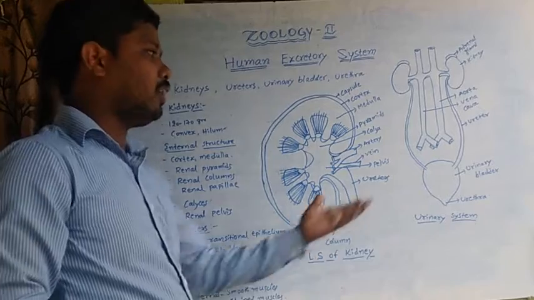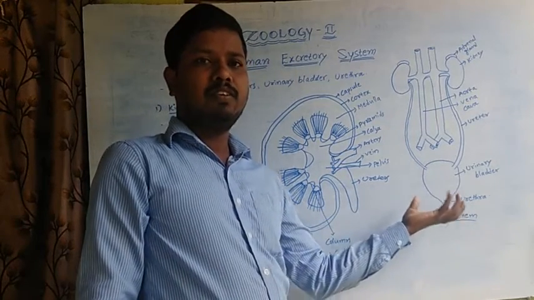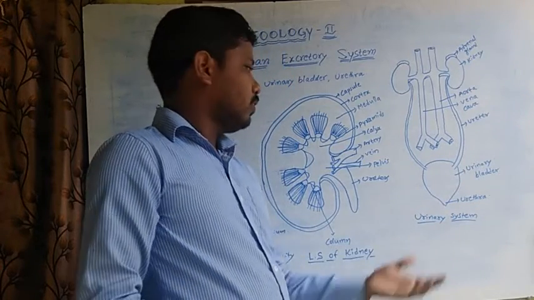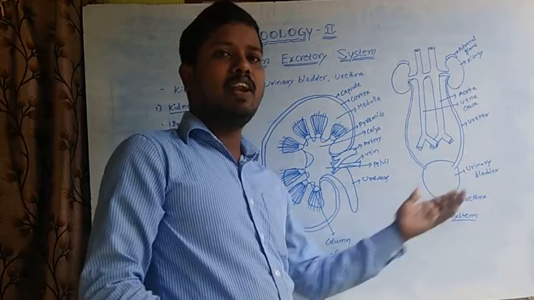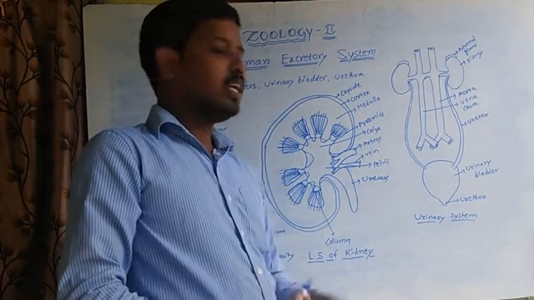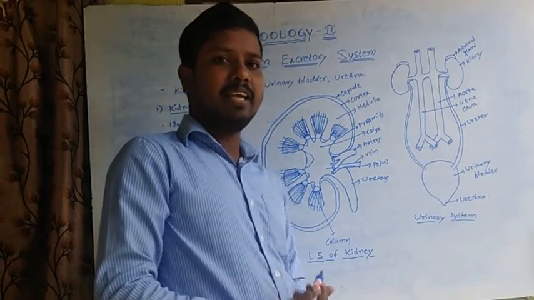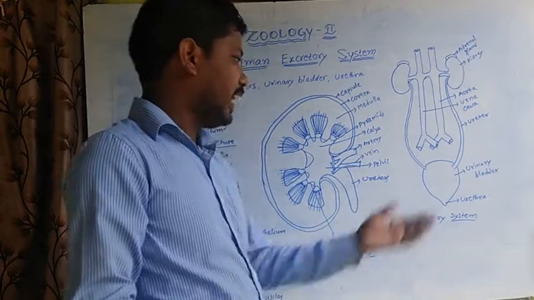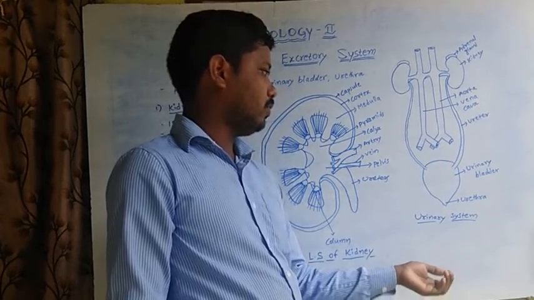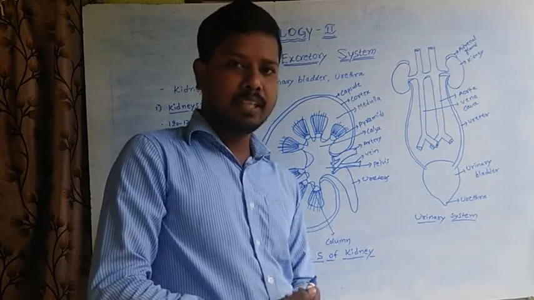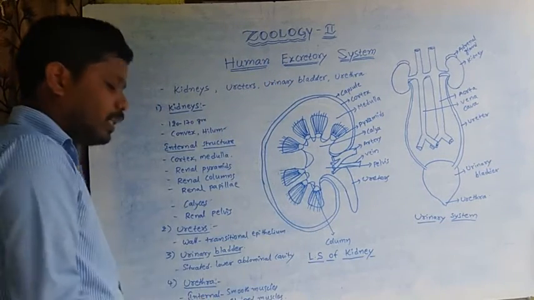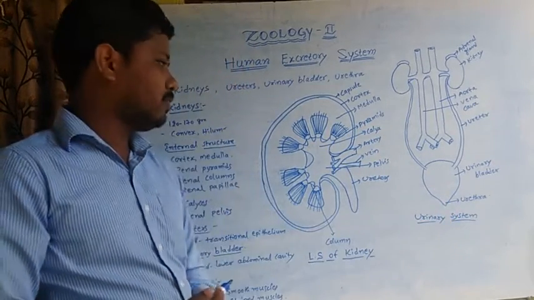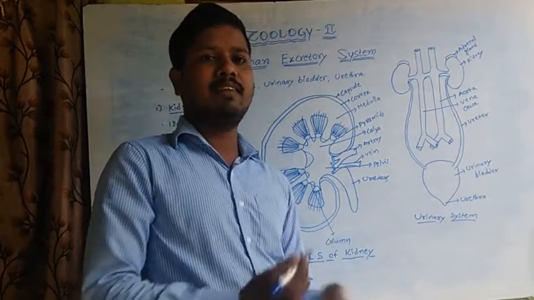The urinary bladder is a medium storage muscular sac-like structure. It is situated in the lower abdominal cavity. The wall of the urinary bladder is lined by transitional epithelium. Gradually, the urinary bladder opens into the urethra. Here, the urethra has two portions, one external and the second internal.